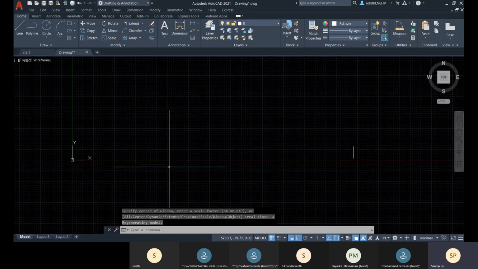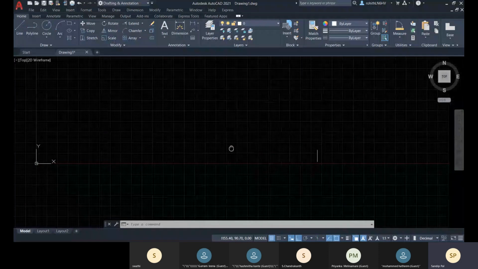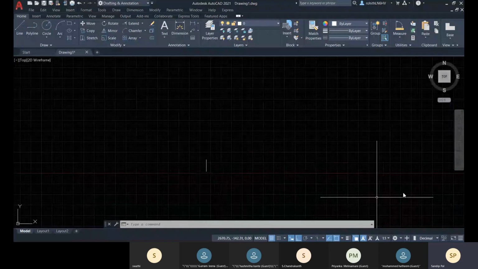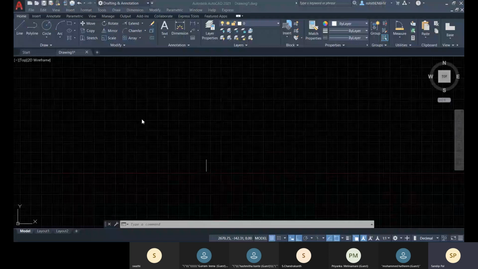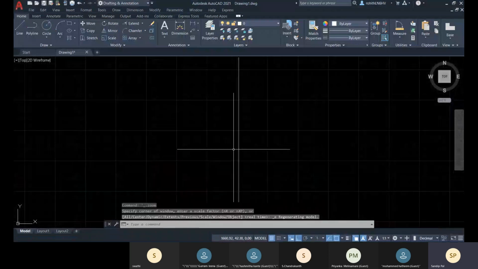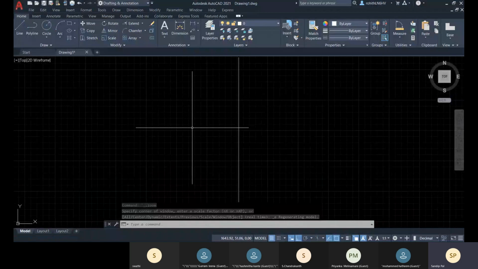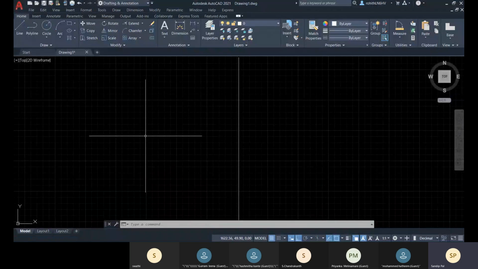Do I have any other objects? Yes. Or else what you can do is, with your scroll button, if you double click, all the objects will be zoomed within your viewport.